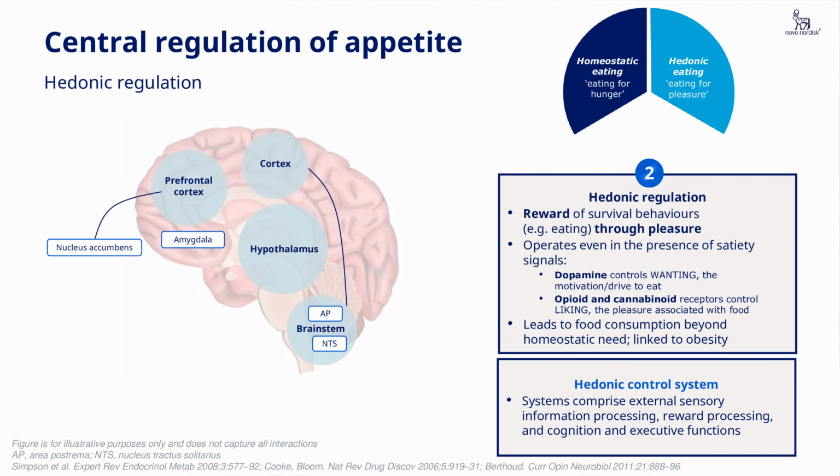The second bit is the hedonic eating. That means you will find that you want to eat a packet of crisps. You might not be hungry at that point of time, but you are having it because when you eat it, you have pleasure. This is the pleasure of eating, or this is what is called hedonic appetite.